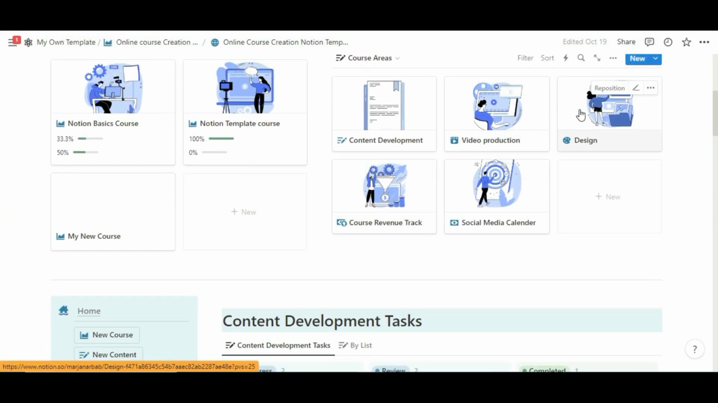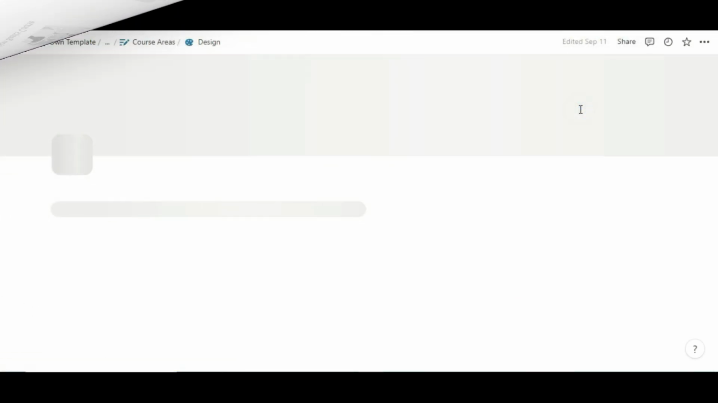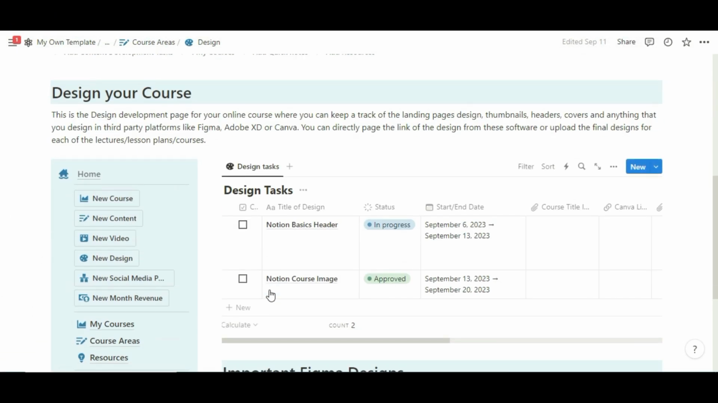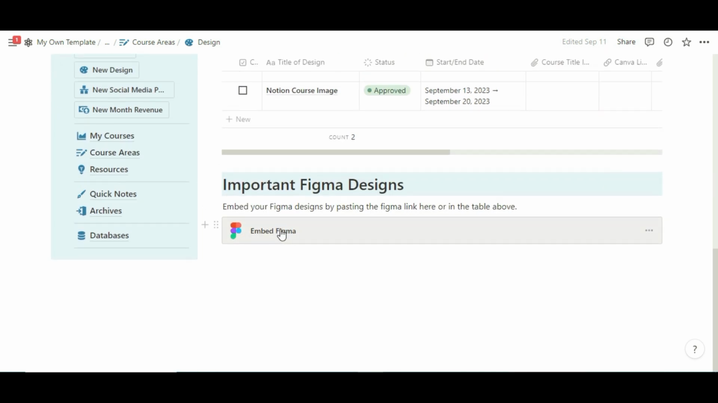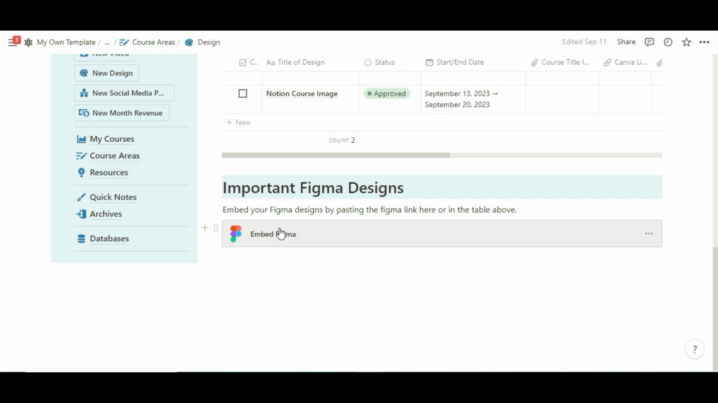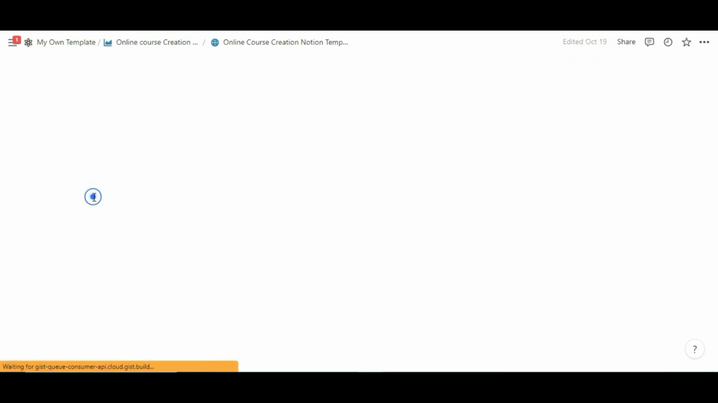The next section is the design section. In this section, you can give a title of the design and relate it with the course title. Use your Canva links, and you can also use your Figma links if you know how to use Figma. To go back,